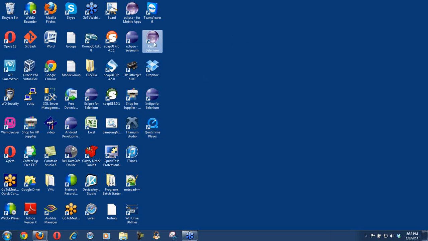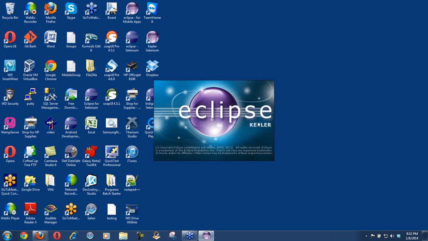So this is going to be brand new. This is brand new. There is nothing in it. This I already was using, but this is brand new. There is nothing in it. So let me just use it and show it to you. So once I double click on that, there it is, the Kepler, right? Eclipse Kepler. So it is going to open, and the first thing that it is going to ask me is